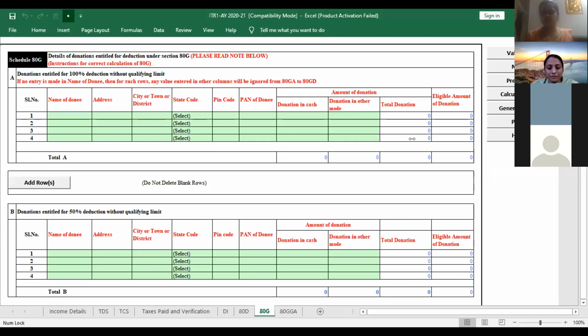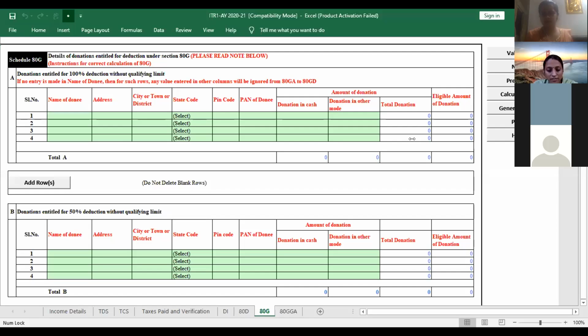So the first time you file your return, it is going to be an original return. After that, you can revise as many times as you like. It will be called a revised return. As many times as you want, it will be a revised return.